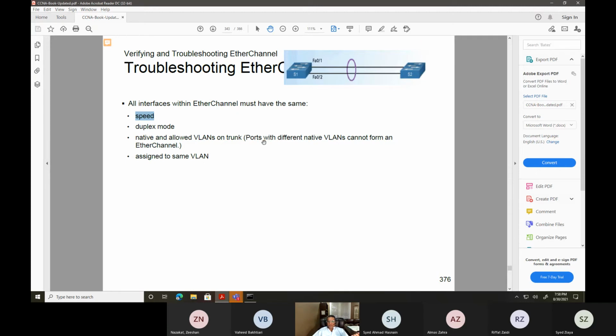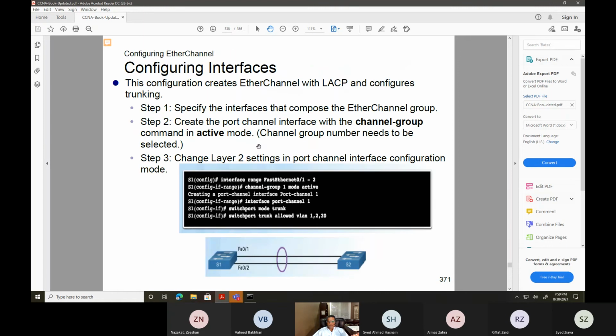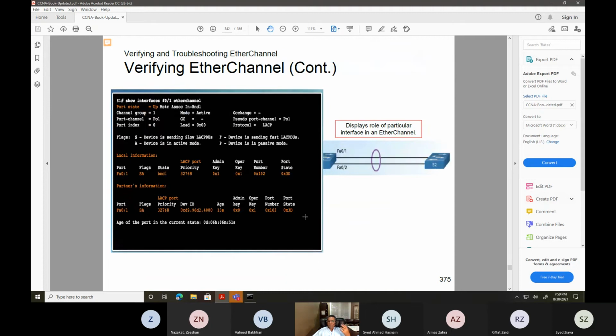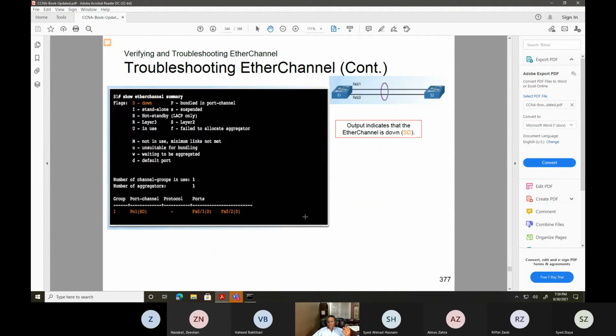But if you say, as we did here, switchport trunk allowed VLAN 1, 2, and 20, you're only allowing these three VLANs to go across, because trunk ports are those ports whose job is to carry traffic from different VLANs.